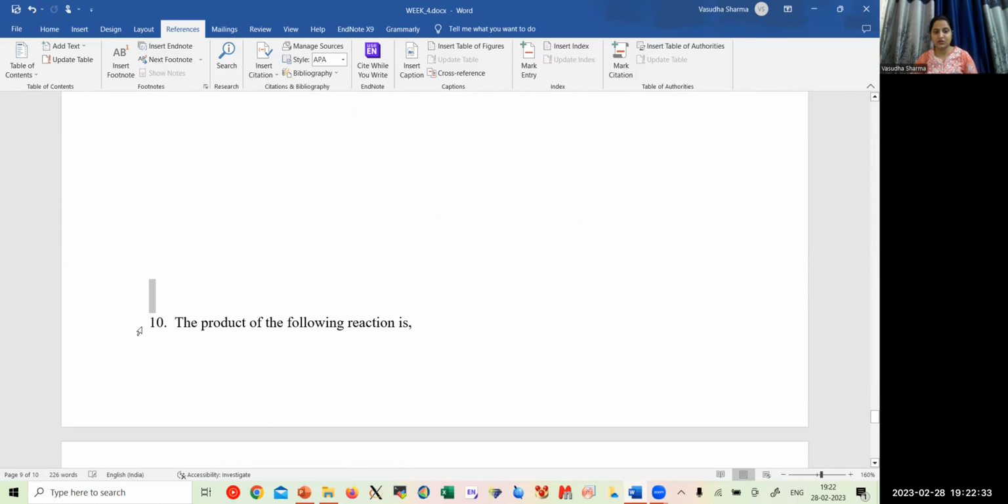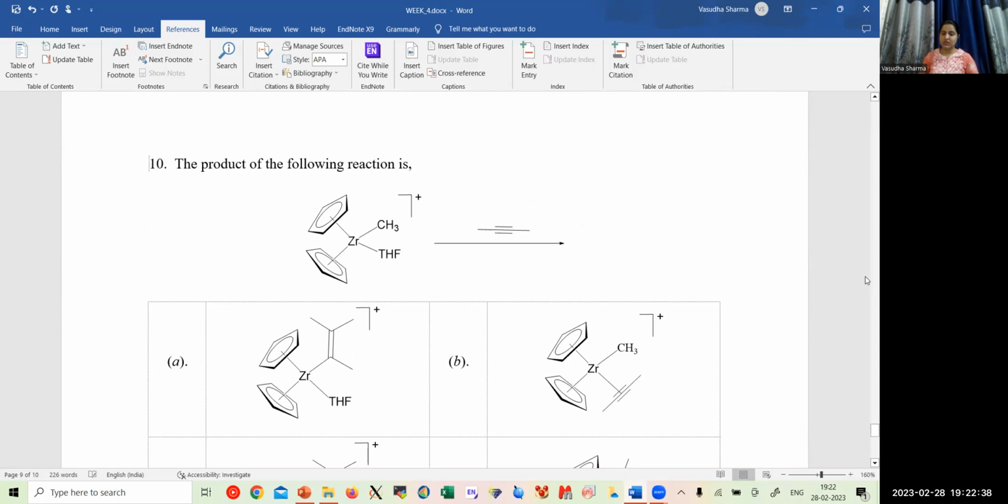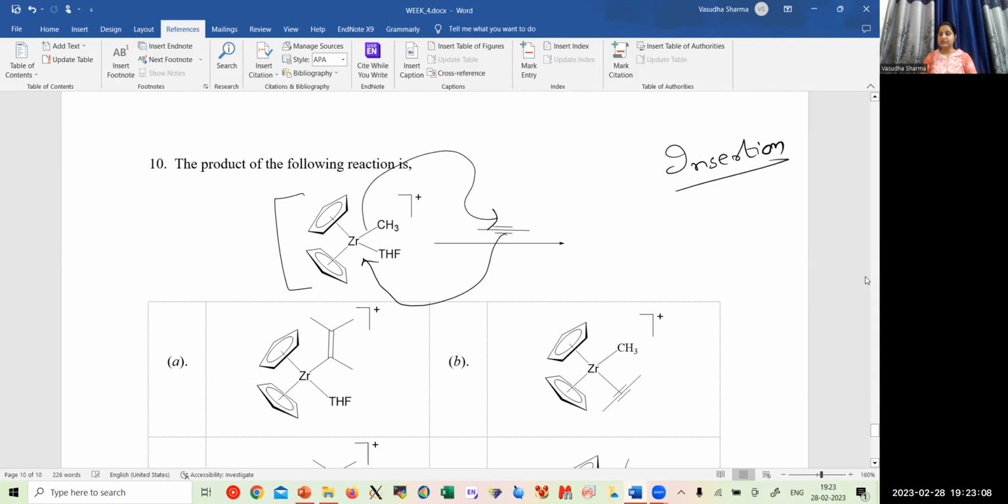So the last question of the week 4 assignment is we need to find out the product of the following reaction. As we were looking at this kind of complex, zirconium having a positive charge, which has come from the short region itself. Since this is a positive charge, the alkene being an electron rich thing will coordinate with the zirconium, and then the CH3 will back attack. For example, here, this will go and connect with this particular form, and therefore this is called an insertion reaction, where the alkene is getting